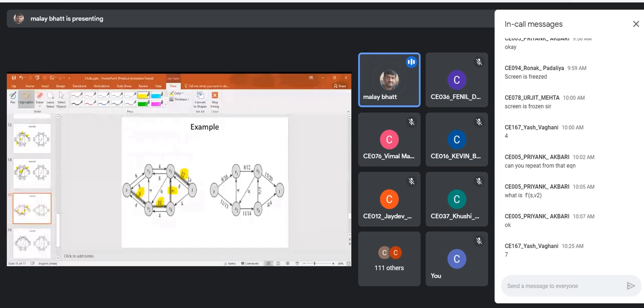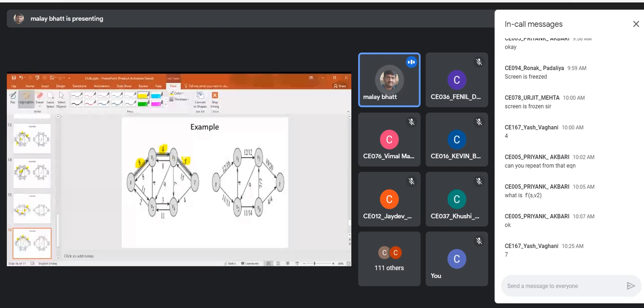Now V3 to T, the actual capacity will be 5. And from T to V3, it is 15. Right? That's what we are getting. So we'll get this graph. Clear?